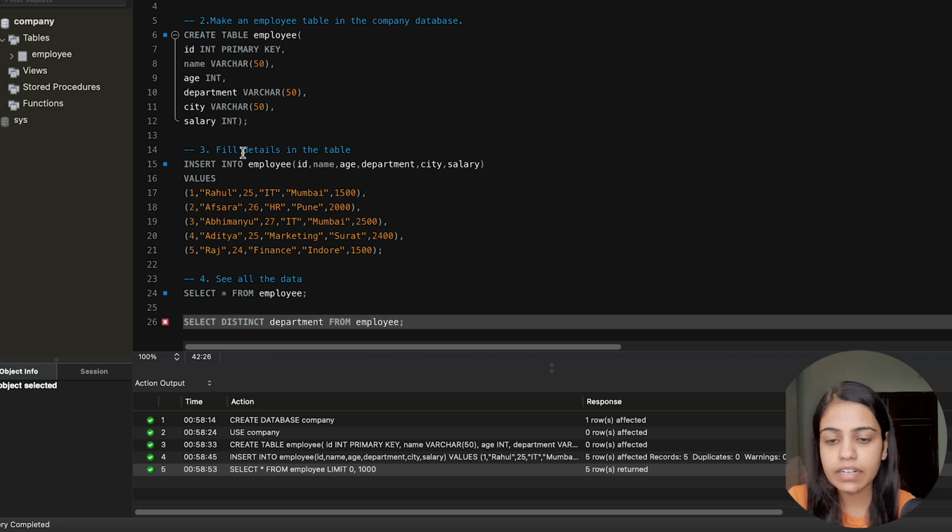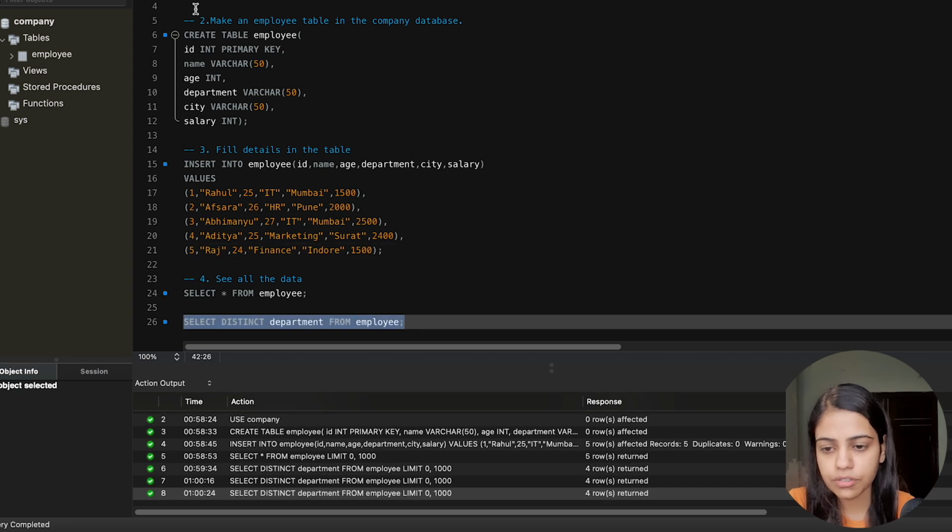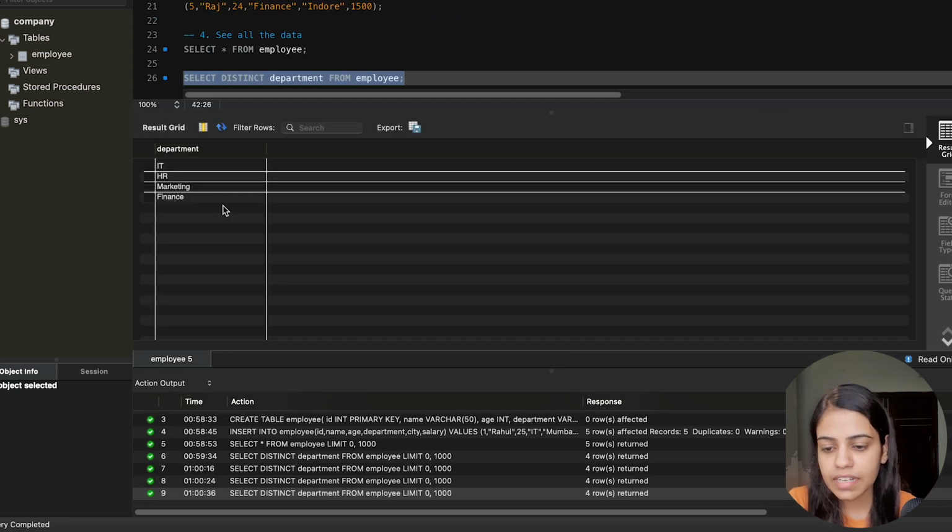It will give me the distinct values of the department. Let me execute this query. Once I execute it, you can see that I am getting all the unique department names, that is IT, HR, marketing and finance. In this way we can see the distinct values from the department column.